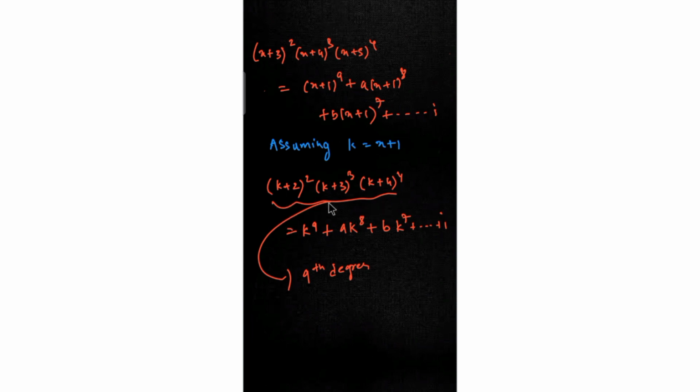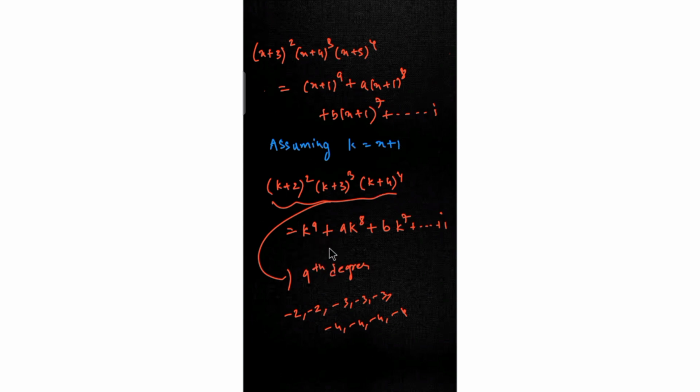So from the LHS you can see the roots of this equation are -2, -2, -3, -3, -3, -4, -4, -4, -4. These are all the cases of repeated roots. So -2 is a double root, -3 is a triple root, and -4 is a quadruple root. That's the reason we are assuming that these roots are -2, -2, -3, -3, -3, and -4, -4, -4, -4. These are the only roots which can satisfy this equation, the solutions of this equation.